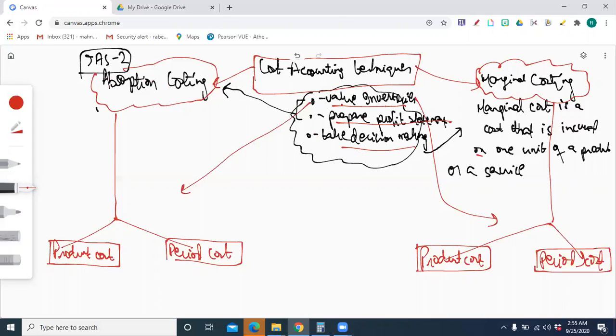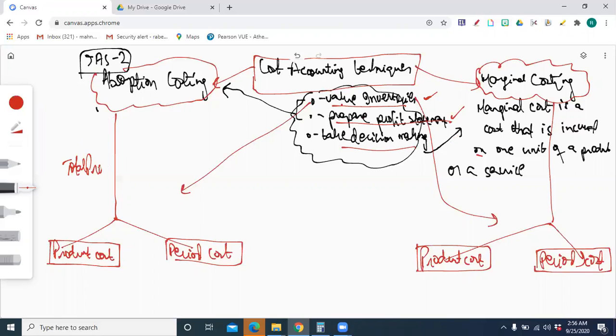How they are different: the two techniques end up with different inventory values, and due to the change in inventory values, the cost of sales would be different. So definitely the profits would be different when reporting profit under absorption costing or under marginal costing. Absorption costing, as we already understood, values inventory on the basis of the total